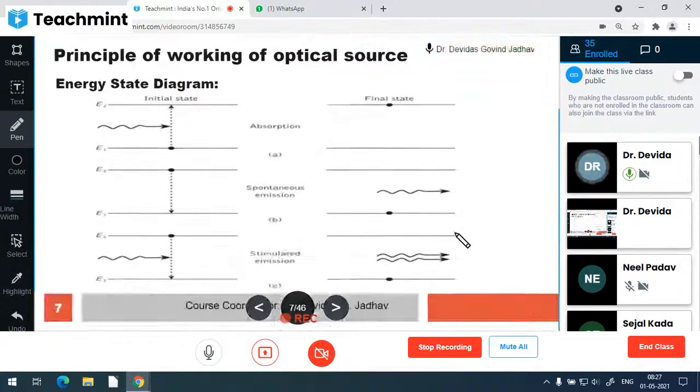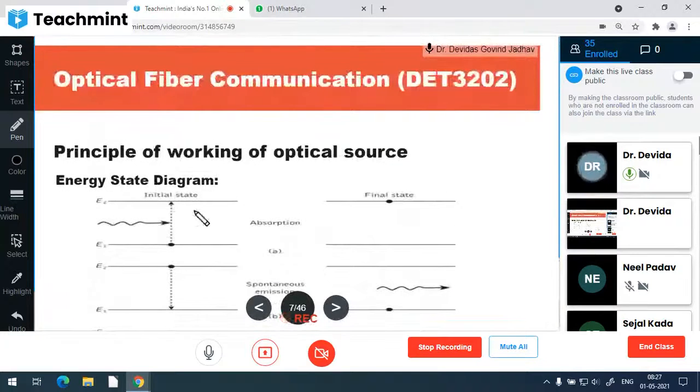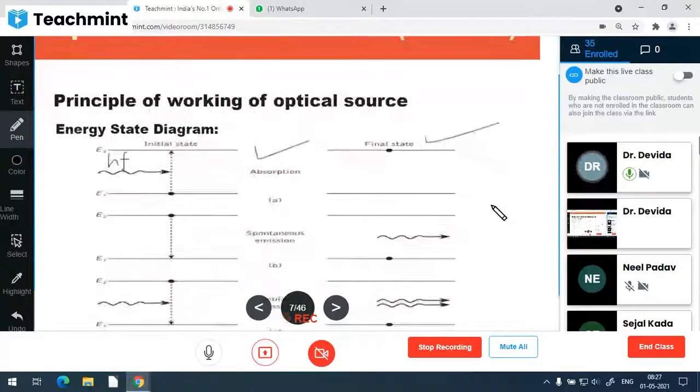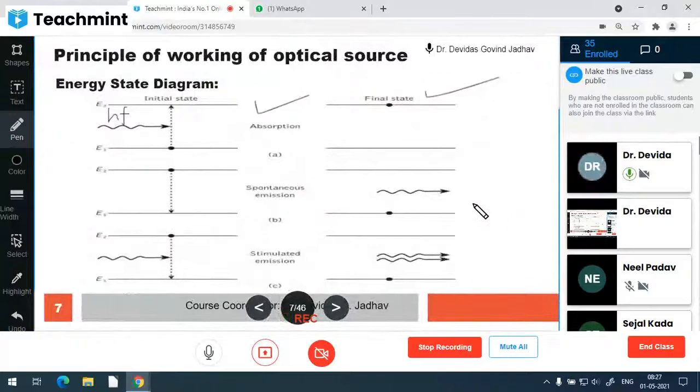This is the basic idea which can be shown in these figures. There is absorption of one photon, which is equal to band gap energy, that is E2 minus E1 or EC minus EV. The atom goes from lower to higher energy state in the final condition. Similarly, if the atom is already in the higher energy state, it can go to the lower energy state by releasing the photon. And if this is spontaneous or random, it is called spontaneous emission, which is observed in the LED.